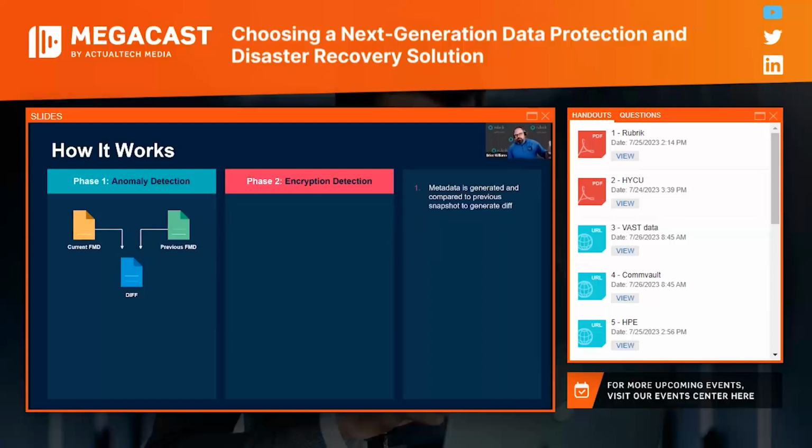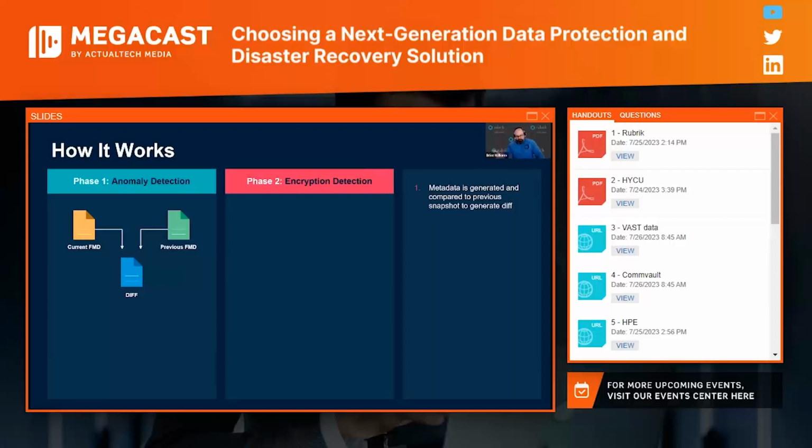About 10 or 15 minutes after the backup's finished, Rubrik's going to do its thing. Once it completes, Rubrik's going to mount that snapshot and generate what we call internally a file system metadata file, FMD. These contain tremendous amounts of metadata generated around the actual data of the backup. Things such as path to files, file sizes, ACLs, and what have you, right?